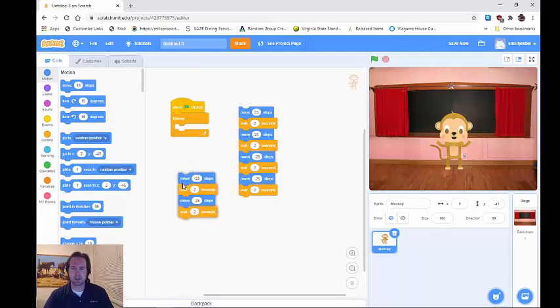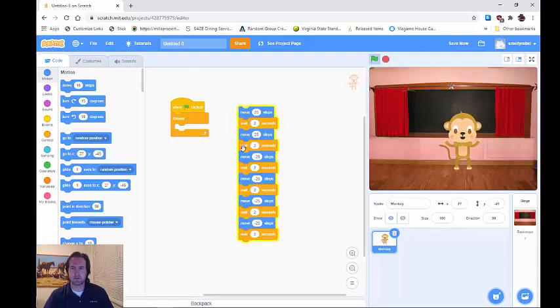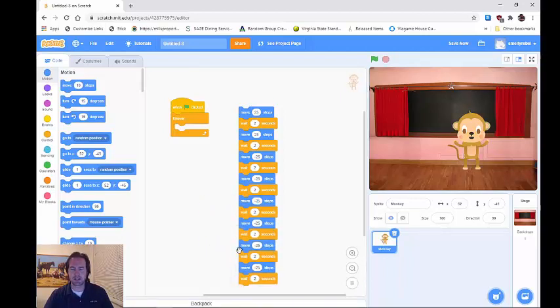Duplicate, so I get these 4 blocks moving to the left. Stop moving there. And then we'll just duplicate those bottom 2 blocks again. Stop, don't do that. And I'm going to have these last 2 blocks be just moving 25 back to the right. The reason that moving him 25 is moving to the right, and moving him negative 25 is moving him back to the left,